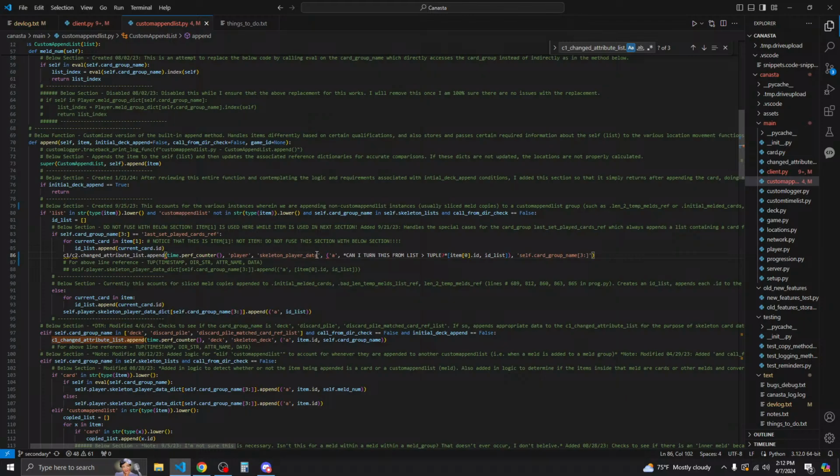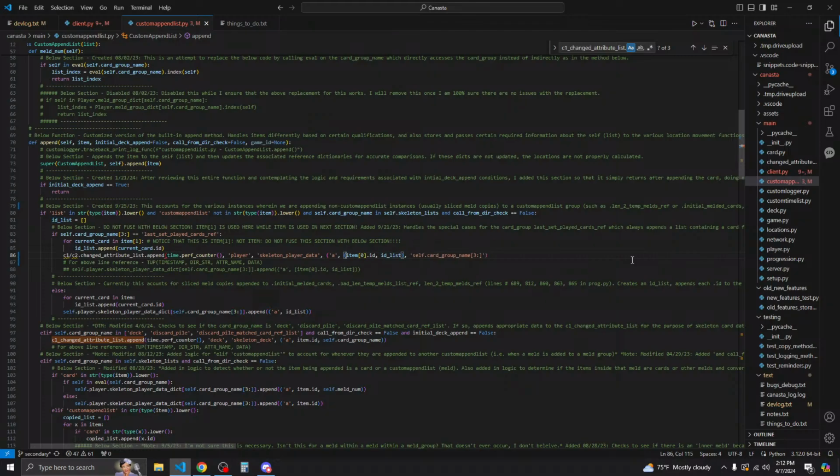And now this is gonna be data, and this, let's see, so it's just gonna have another element. It's gonna have A for append. Then I think we can turn this into a tuple. So we're just gonna go ahead and do that because I don't think we modify it.